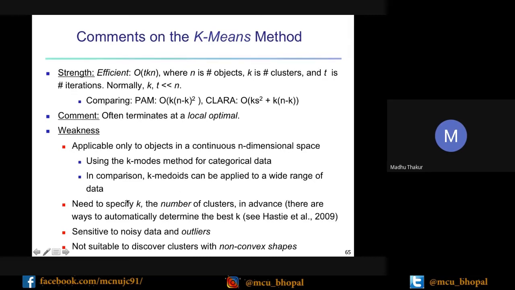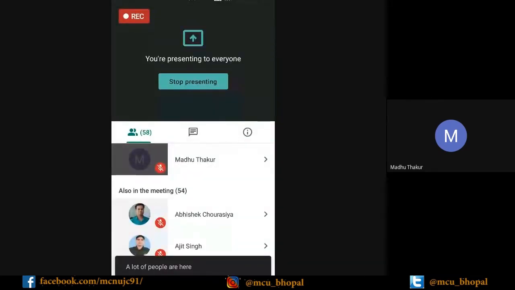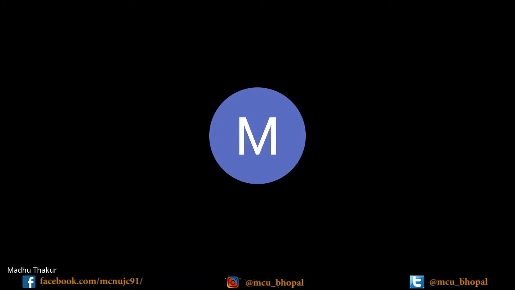For k-means, what is the problem? You need to specify K, and it is also sensitive to the sequence of data. You have to specify K, the number of clusters, in advance, and it is sensitive to noise and outliers. K-means is very sensitive if there are outliers and noise, and to how many K you take, and to the order of data.